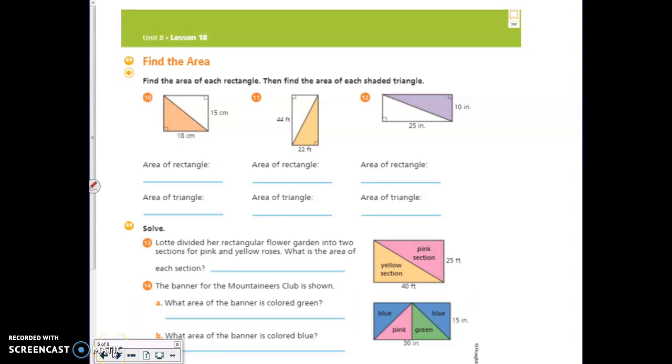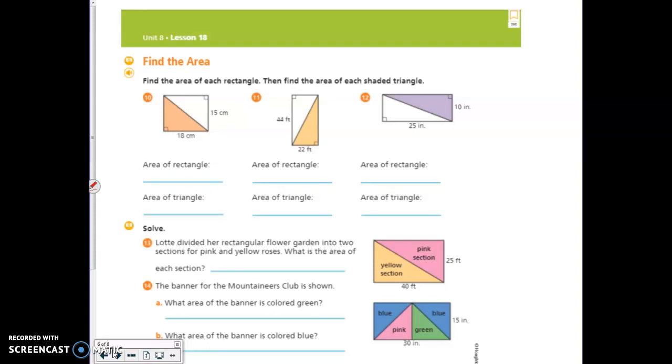Welcome back, fifth graders, to day 2 of finding the area of a right triangle. Yesterday we started it off. We established the link between rectangles and triangles, and we discovered a formula for how to find the area of